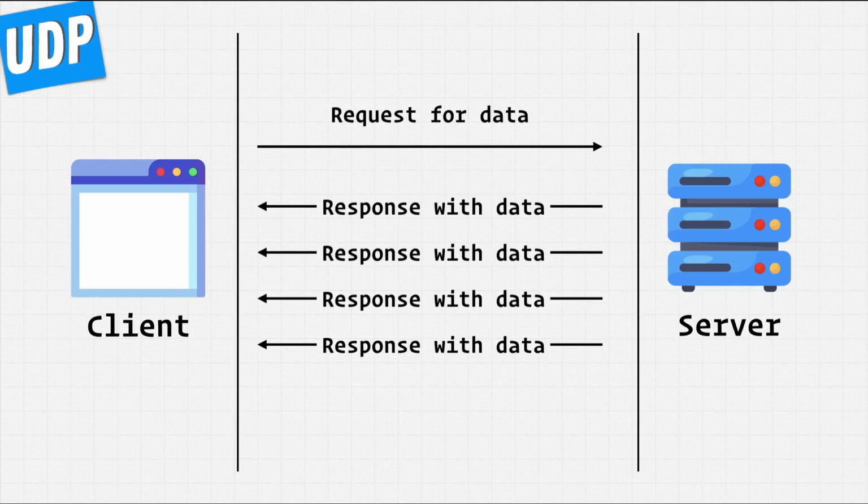So the main thing you want to remember: if you care about the guaranteed delivery of data, TCP. If you don't care about that at all, and you want the speed and you want the performance, but data consistency and the overall delivery of data does not matter, then UDP.